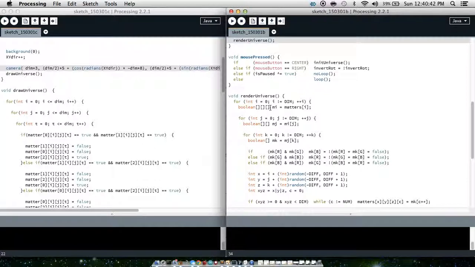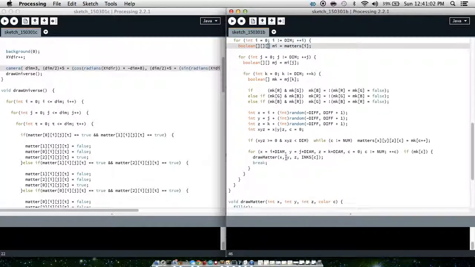So he loads into a new boolean mi matters of I with I to shuffle through, and then boolean two-dimensional mj. So alright, so this part here would be the third dimension. Yeah, he's got a bit more boolean logic going on,